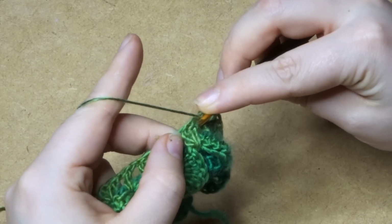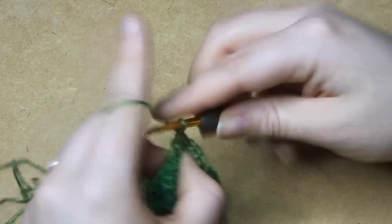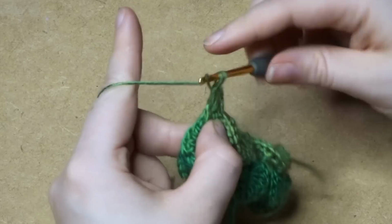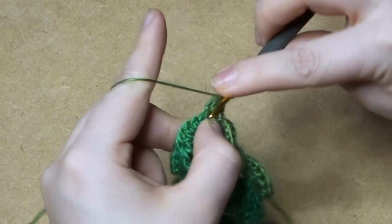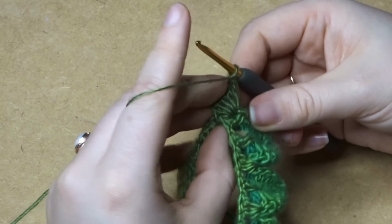So yarn over, insert through the middle, 1, 2, 3, 4, 5, chain 1, turn,